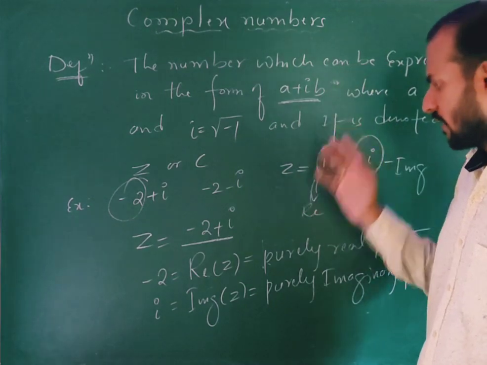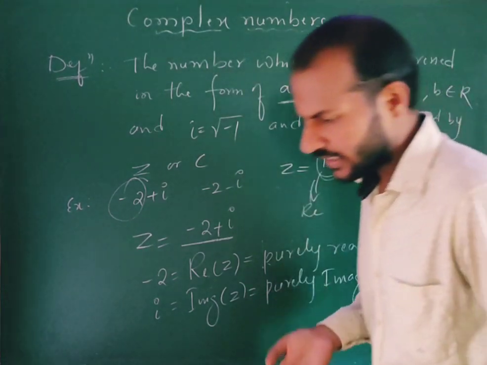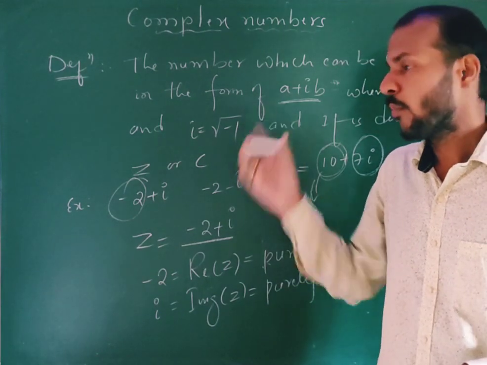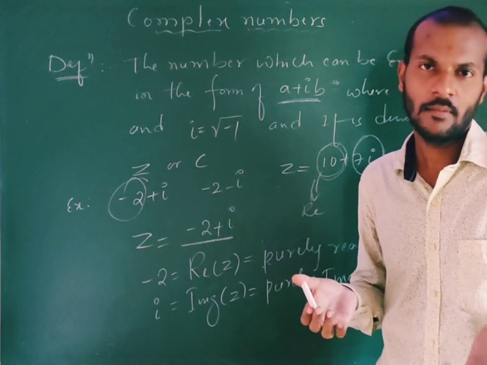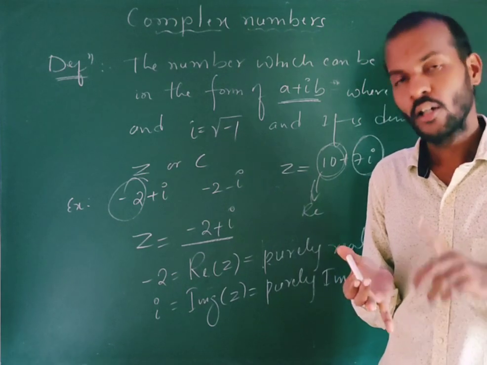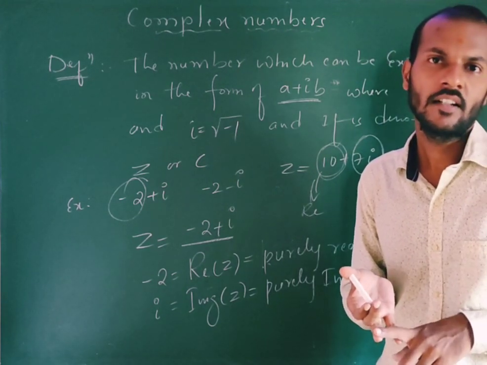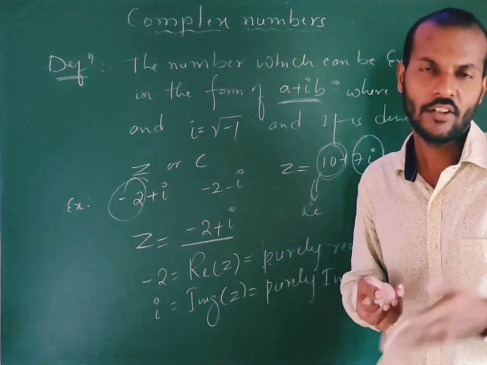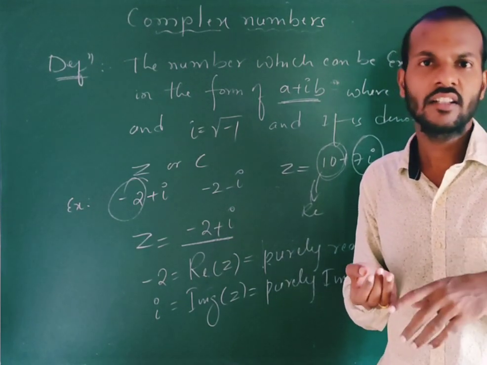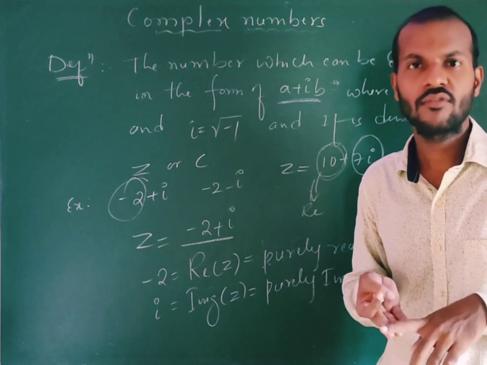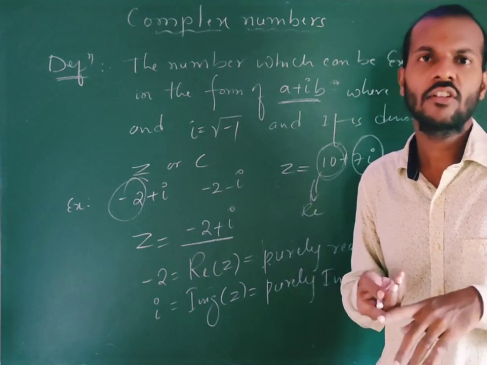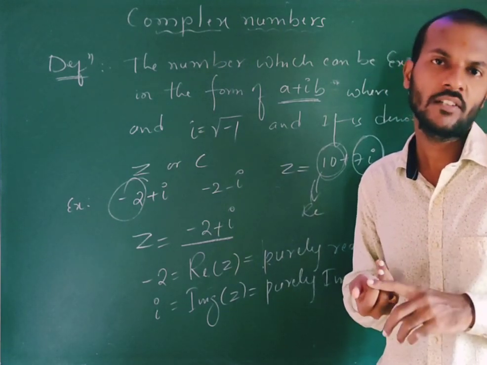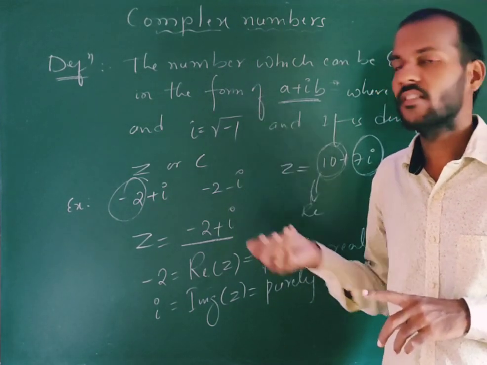This much is in this lecture series. In the next class we will study the modulus of a complex number and the conjugate of a complex number, and moreover some algebra of complex numbers: addition of two complex numbers, subtraction of two complex numbers, multiplication of two complex numbers, and finally division of two complex numbers. These we will study in our next lecture.